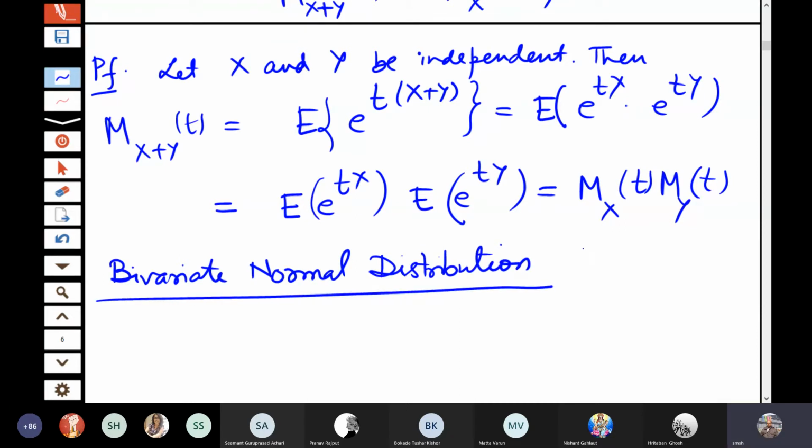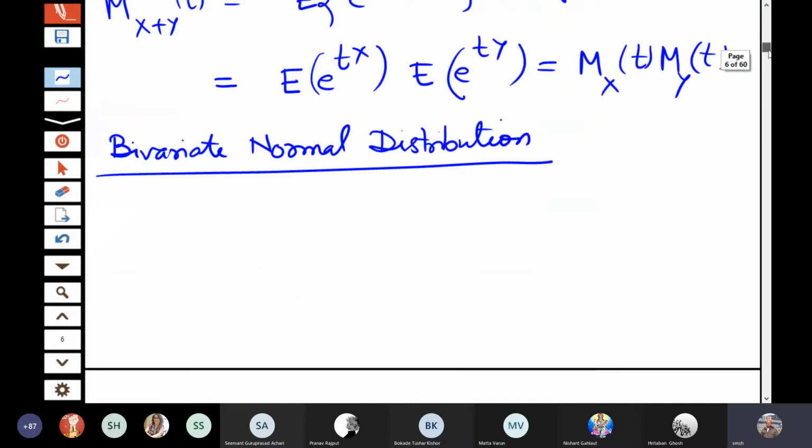So you may say, what is so special if I write two normal distributions and I multiply them, it gives the joint normal distribution. But I have now already discussed the concept of coefficient of correlation. So it need not be only independent, but it can have certain correlation also. So that is the concept of the jointly distributed normal distribution. So let us give the form of the distribution here.